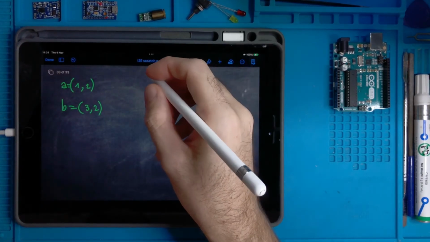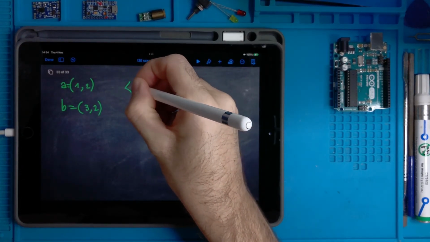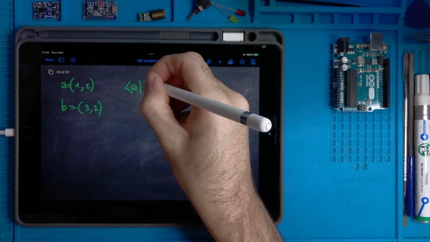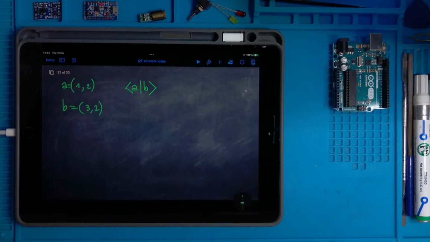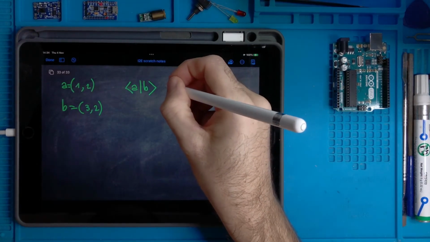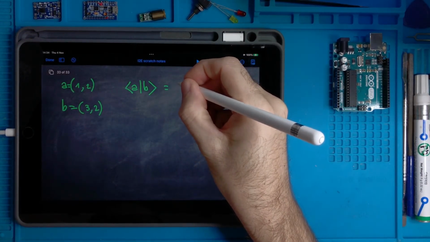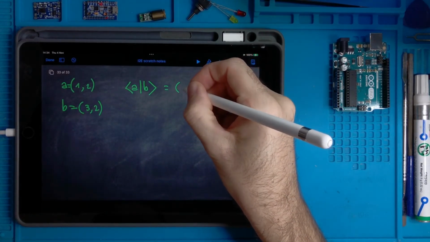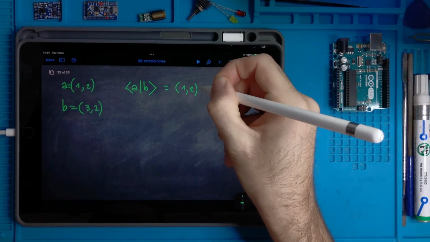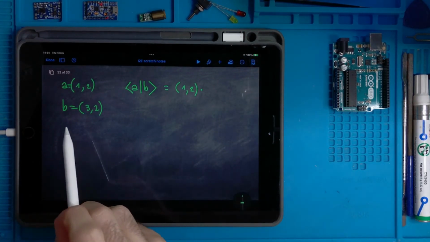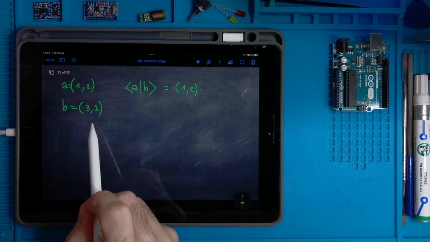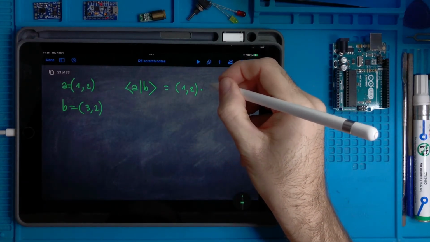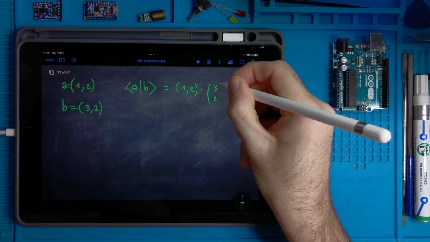So when I say A, B, inner product between A and B, this thing is the row version of the A vector, 1, 2, multiplied by the column version of the B vector, which I can write like this.